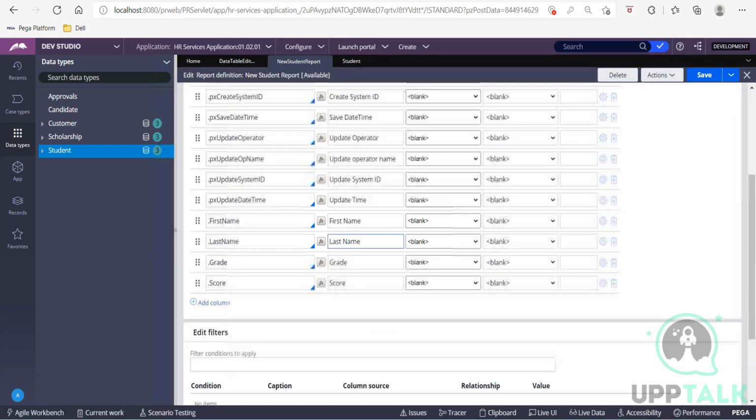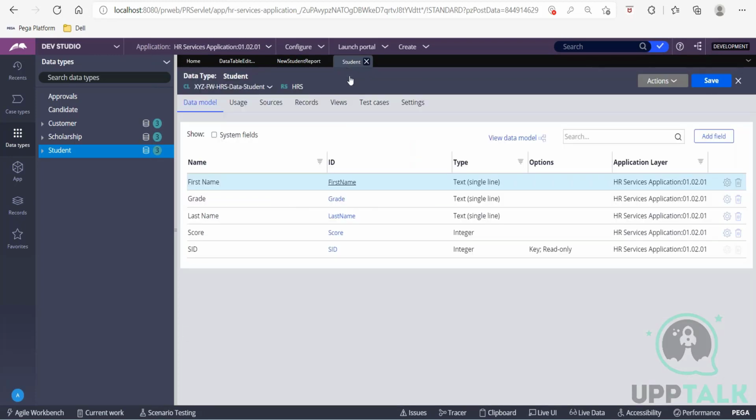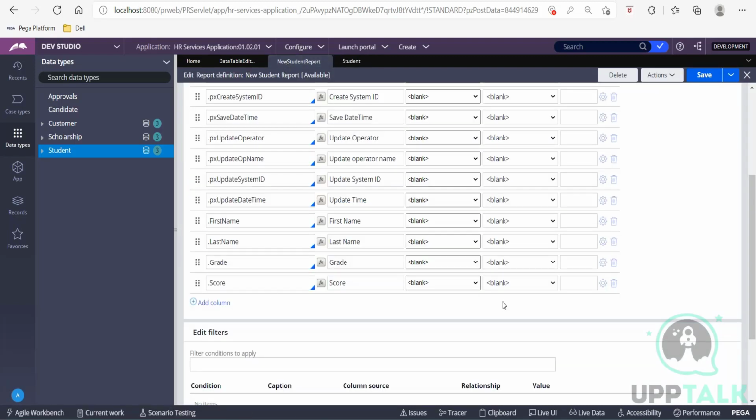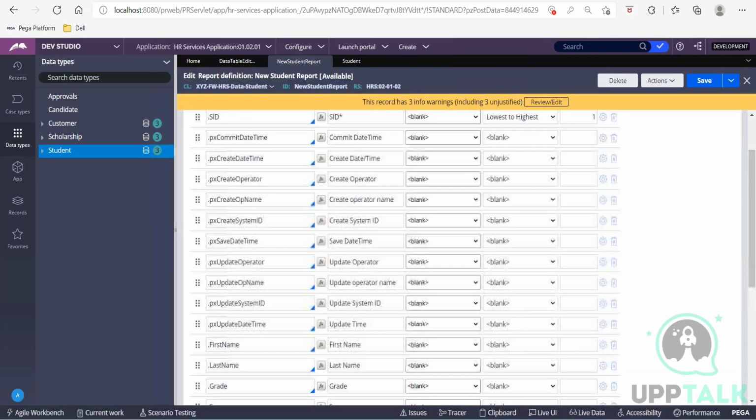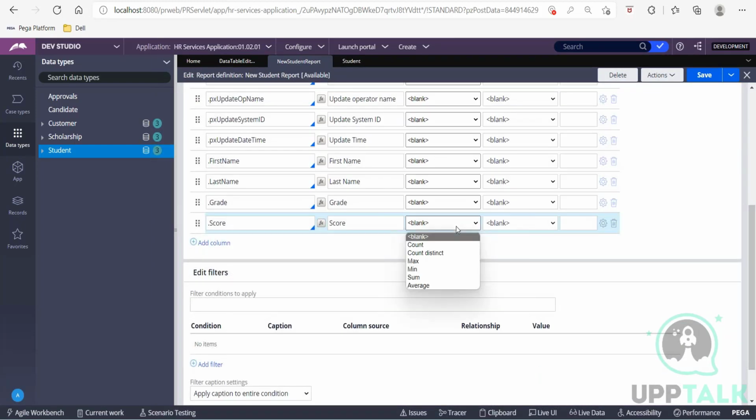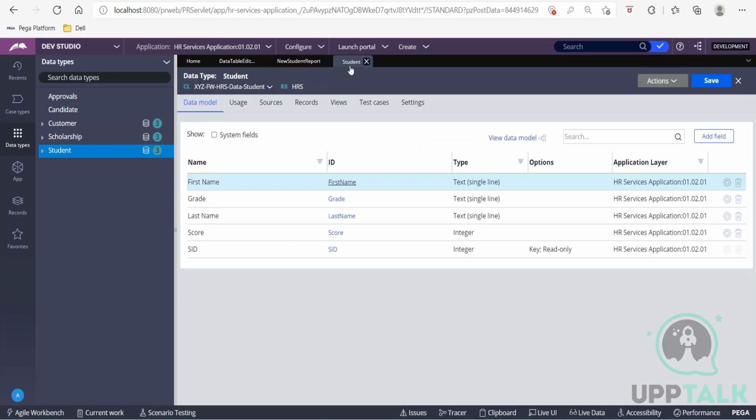So I think I'll go with score. I cannot have SID because that's the primary key here. So what would I represent in the chart taking SID? Instead, I'll take score. Okay, and this is your summary column. What would you like to do with this? How are you going to represent it? Is it based upon count? So if it is count, then I think